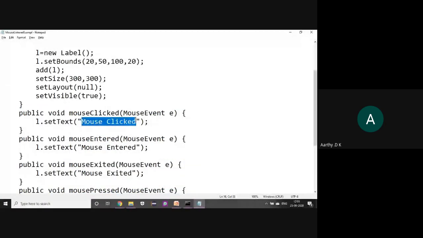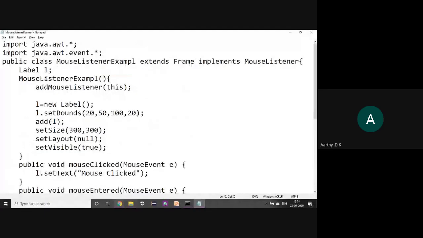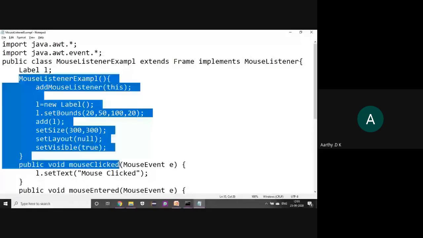When the mouse is entering at this particular x and y coordinate, it will display a message, mouse is entered. Likewise, when the mouse is exiting and when the mouse is pressed, these are handled in this program. So we are creating a constructor, and inside this constructor I'm giving the action that is to be done when a particular event happens.